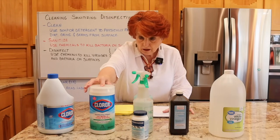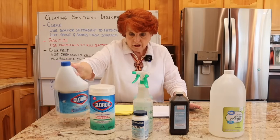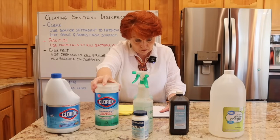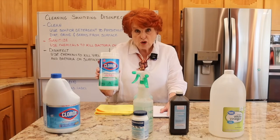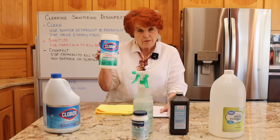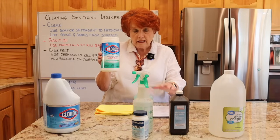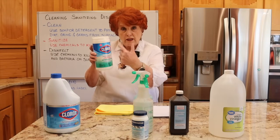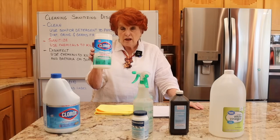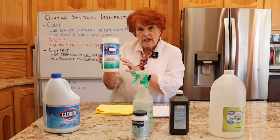Next are, and the Clorox advertises right here 99.9% of germs, the Clorox wipes. It is also EPA approved. You might think, since it says Clorox on it, that the killing agent is also sodium hypochlorite, but it is not. It uses a different killing agent that is also approved by the EPA, and killing agents are approved as well as products being approved, so that's kind of two things. Most products will use one of the EPA approved killing agents, which makes a lot of sense. And so the killing agent for this one is